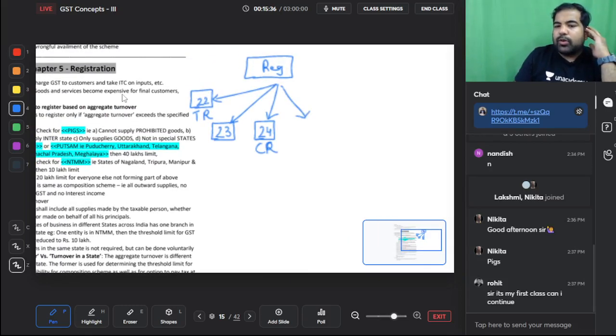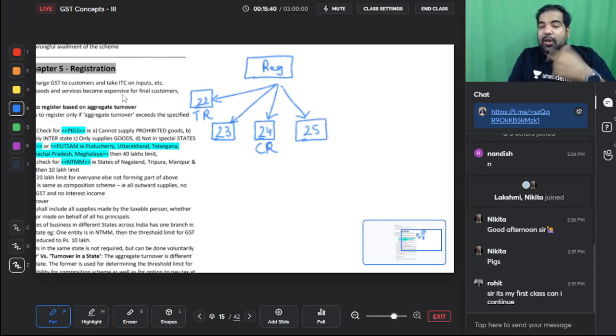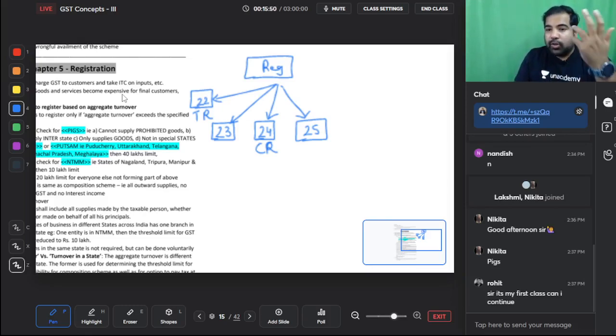When you know you want to register, there is section 25, which tells you the process of registration. How do you register? There is a hotline number called 777. All these are shortcuts. So you'll know the procedure for registration here. What is the effective date? When do you need to register? Do you need to register in every state? What do you need? PAN, etc. is given in section 25.